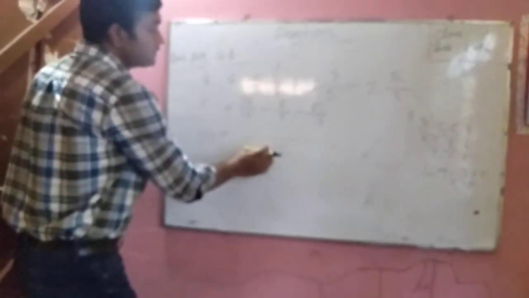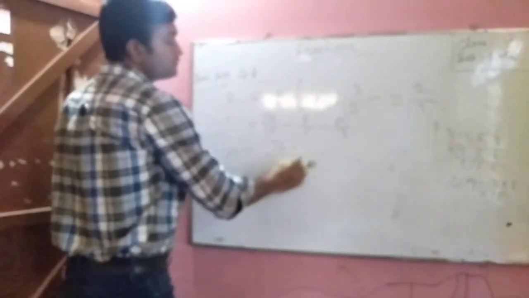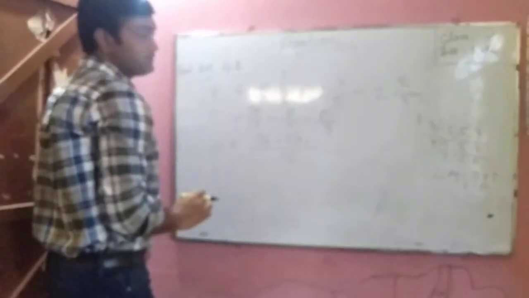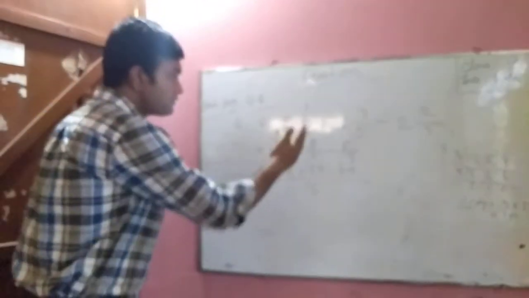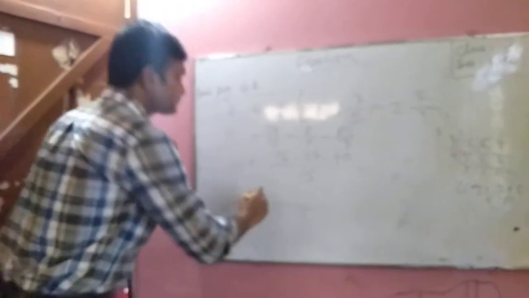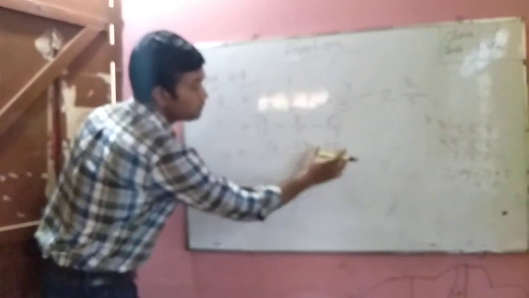So if we divide this 15 by 15, 15 1s are 15, 1, then 1 76s are 76. Then 5 3s are 15, 3 8s are 24. Again 3 5s are 15, so 5 8s are how much? 40. Right? 3 5s are 15, 5 8s are 40. So 76 here. This is negative numbers, right? Minus 24 minus 40.